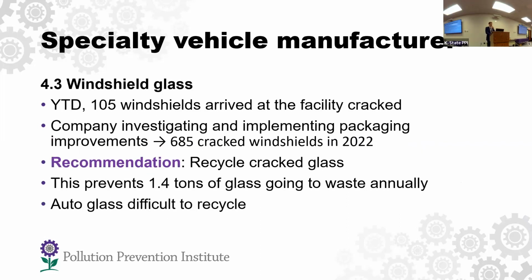But for the last project I did with this vehicle manufacturer, it was their windshield glass. They get the windshields shipped in, and frequently some arrive broken. So far in 2023, they've had a little over 100 windshields come in cracked, so they can't use them. They've started investigating and implementing ways to improve their packaging and prevent these windshields from coming in broken. They've talked to their supplier. That's already lowered the total, because the objective for this year is 193 windshields, and last year, 2022, it was